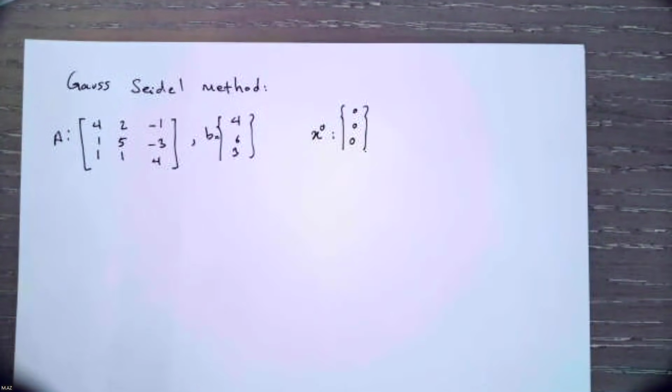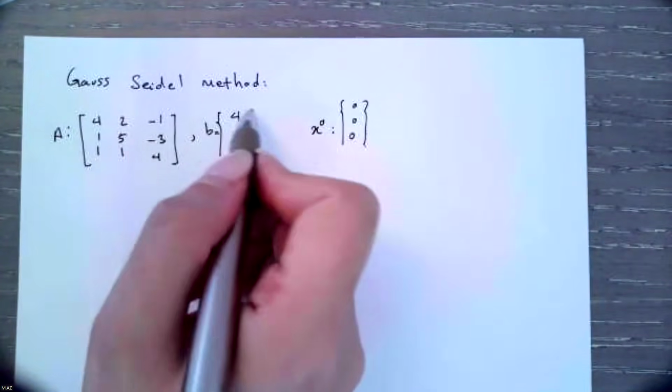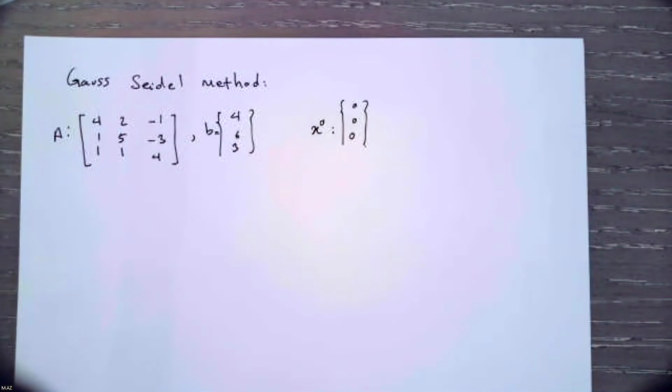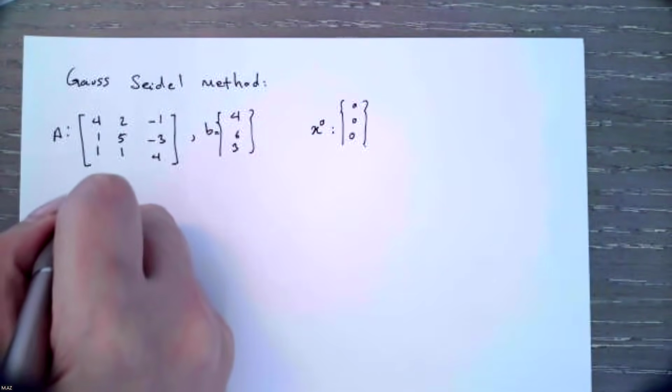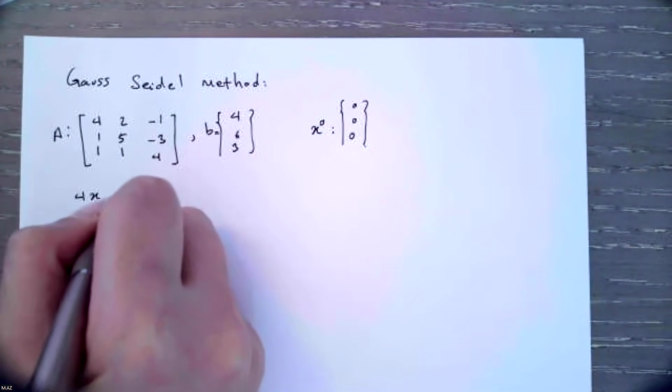For part A, we have to find the value of the x of 2 after one iteration. And for part B, find the residuals after one step of the Gauss-Seidel iteration applied to the system, and so on. For the Gauss-Seidel method, like the Jacobi method, first we have to rearrange the equations. First, we write these three equations. We have 4x1